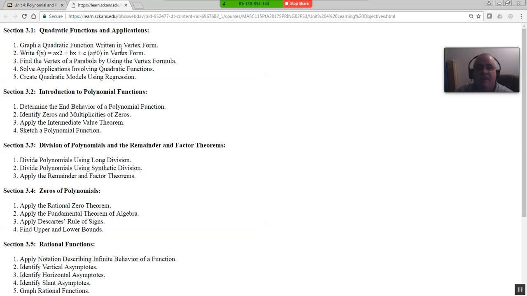Let's see, right? This is vertex form. Probably the easiest way to write a parabola in general form is to go ahead and find the vertex and then just plug it into your vertex form. For example,